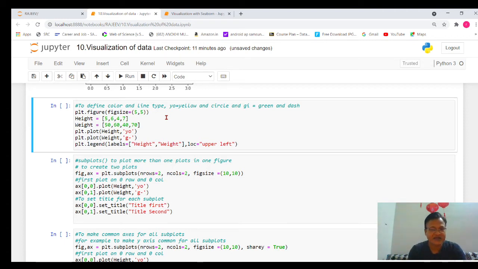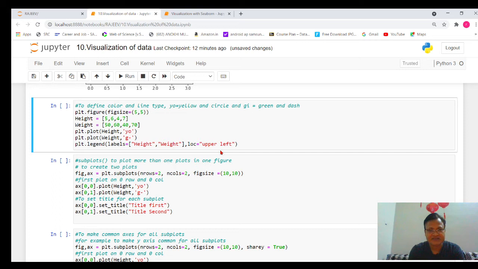For that we have a wonderful function. While giving the plot function, we will give the value of x, along with that we will inform the type of the line. So here y means yellow, and o means I want to display the height values with yellow color and the O symbol. Okay, with the O symbol. Similarly, weight I want to display with green color, and that is with a dashed line.